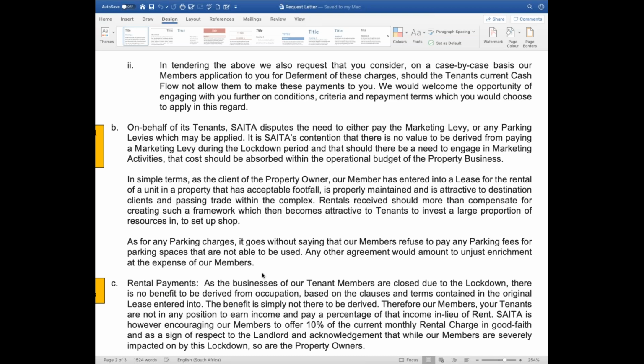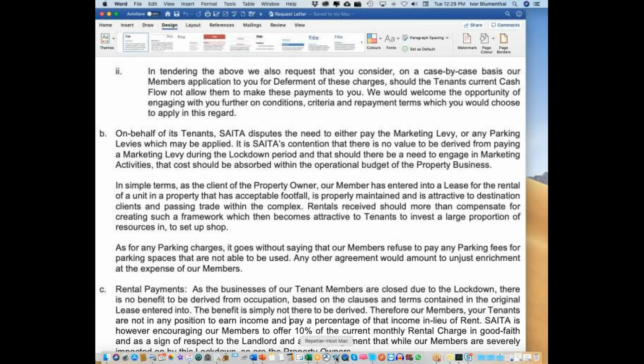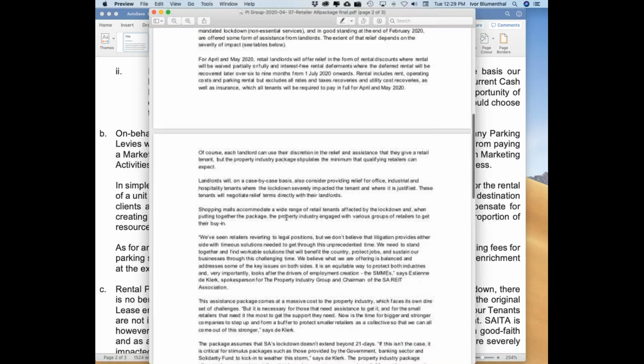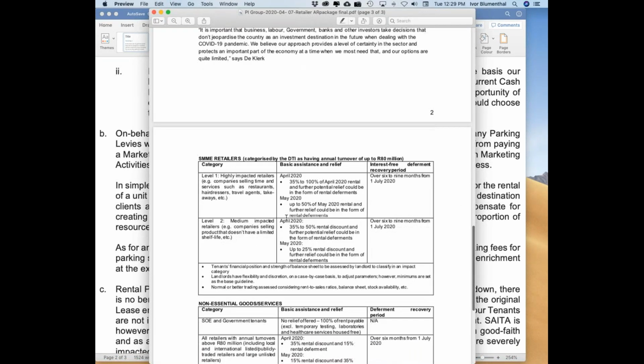Now, the precedent has already been set for deferral because, again, I'm just going to quickly see if I can go back to that PIGS thing again. That's a nasty acronym, but anyway, it's there. Where was it? Here it is. Because in the PIGS thing, you will see here that they're actually saying,